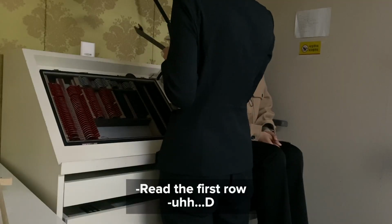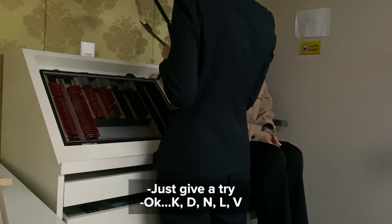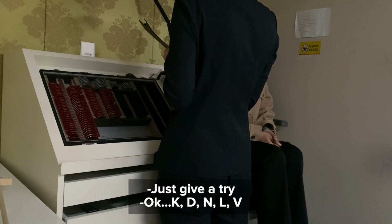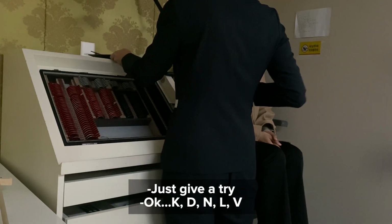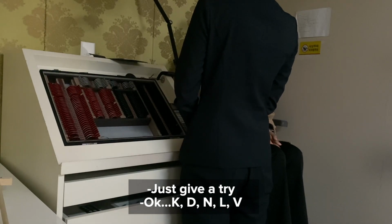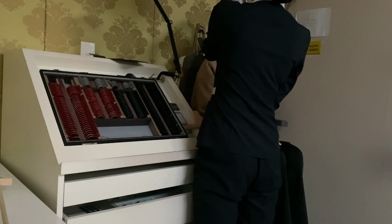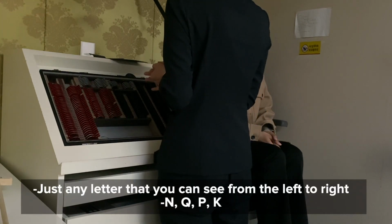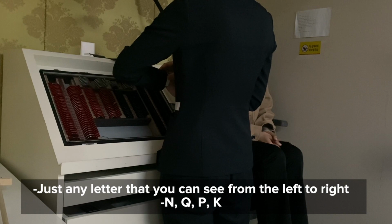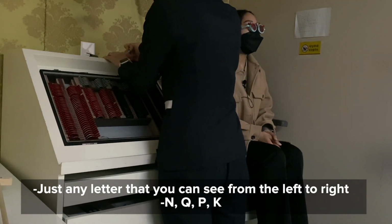The first row? D. Just give a try. Okay. K, D, N, L, V. Just any letter that you can see. From the left to the right. N,